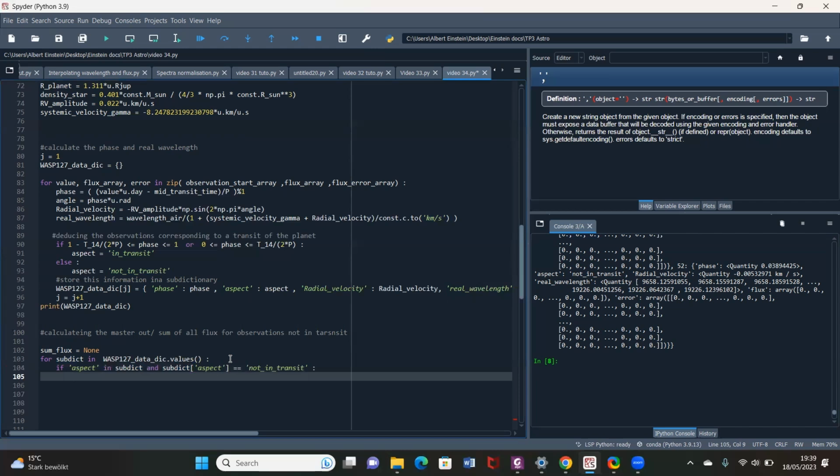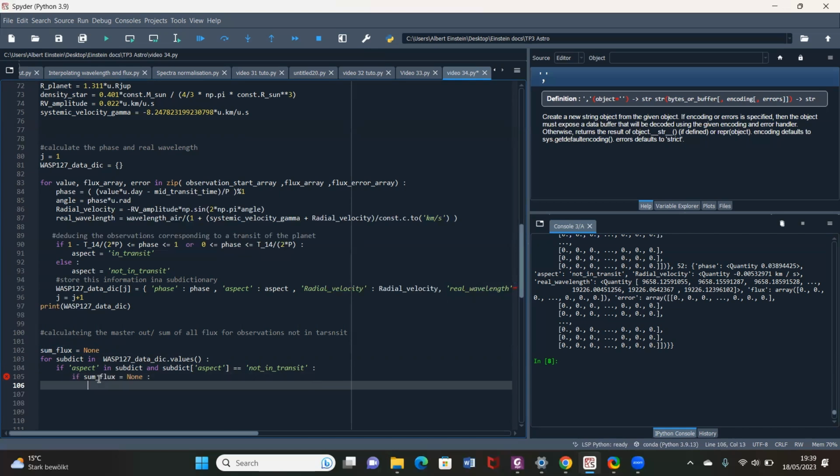So we are going to say if sum flux is none, because it was none, which means it's kind of 0,